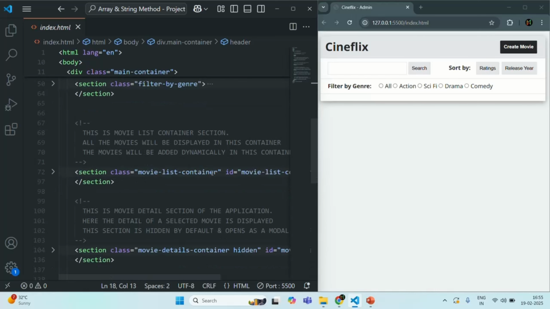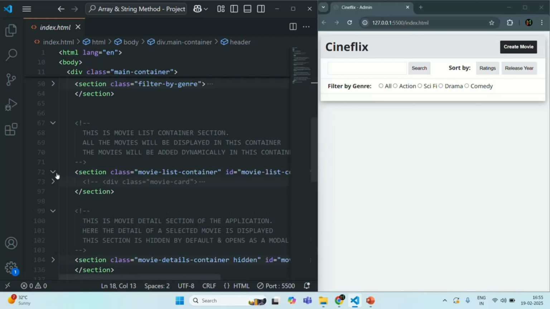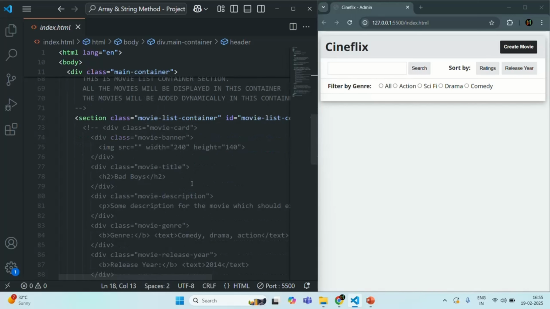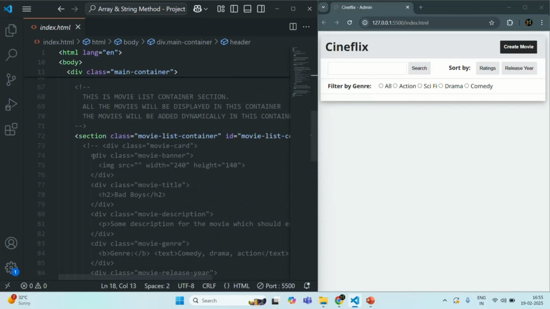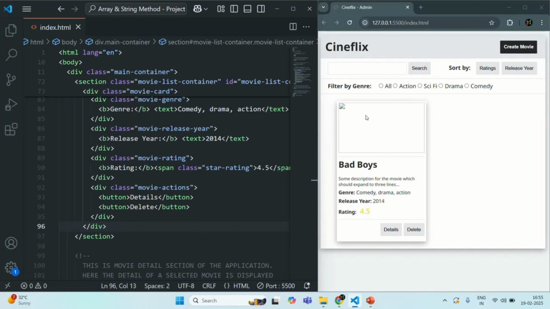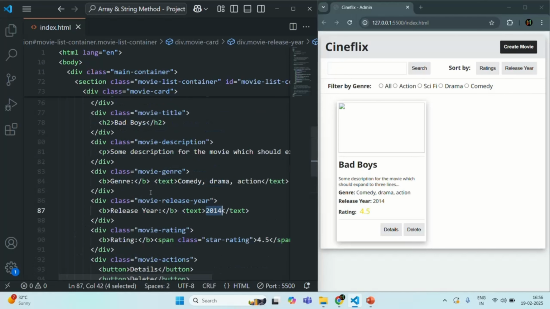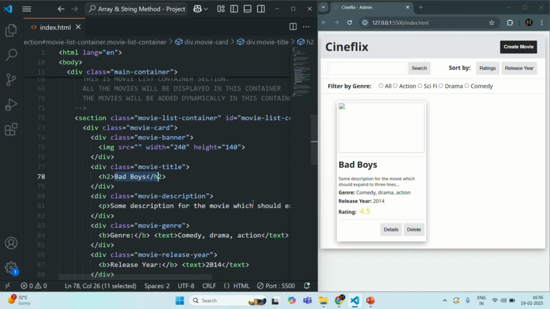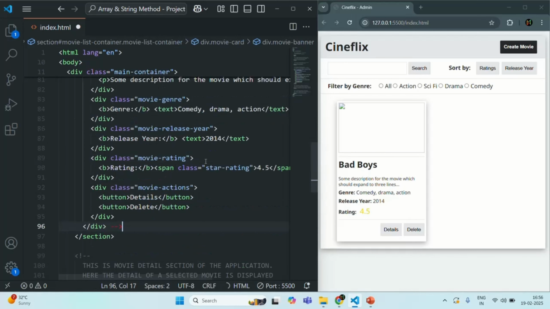So this is the movie list container where we are going to render all the movies from the movies array. Currently inside this we do not have anything. Here we have some commented code, and this commented code is basically to display the card. So if I uncomment this HTML here and if I save the changes, you will see that a card is being displayed for a movie object, and there all the values are hard coded. So this genre is hard coded, this release year is hard coded, then the name is hard coded, description is hard coded. Okay, so we are going to use this HTML to create the card, and we are going to create the card for each movie object dynamically from our JavaScript code. So I'll show you how we can do that in our next lecture. So let me go and comment it back. Okay,